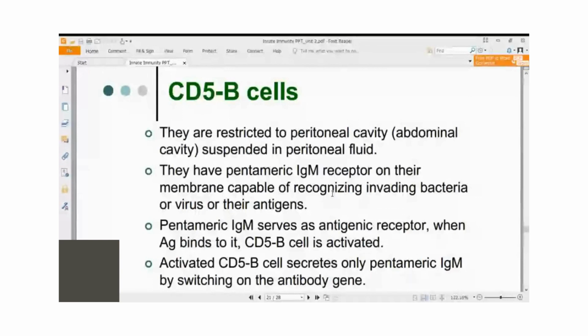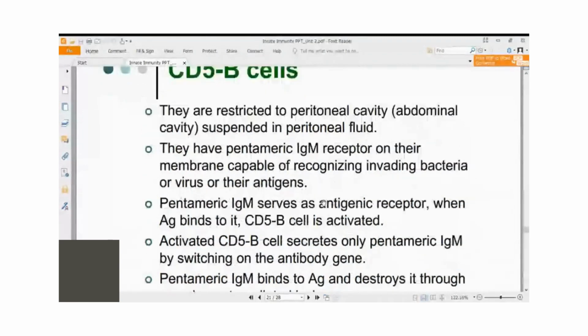Otherwise, these cells are very quiet and they are restricted to only that region, and very rarely does any pathogen enter the peritoneal cavity. Very rare instances, only when mechanical injury like rupture of the abdominal wall takes place. So as soon as, let us presume that the abdominal wall is ruptured, the pathogens entered by accident, the